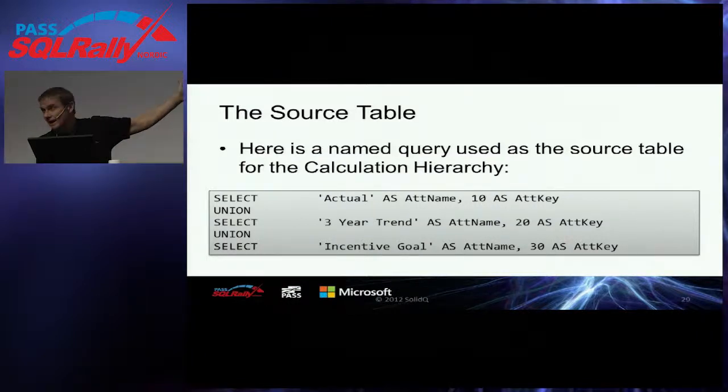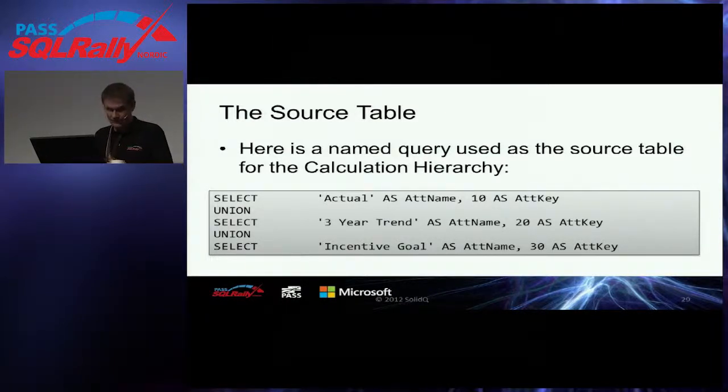My default here is going to be actual, and then I'm going to do a 3-year trend and an incentive goal. The 3-year trend and the incentive goal are going to be calculated off of the actuals. And I put in a key,